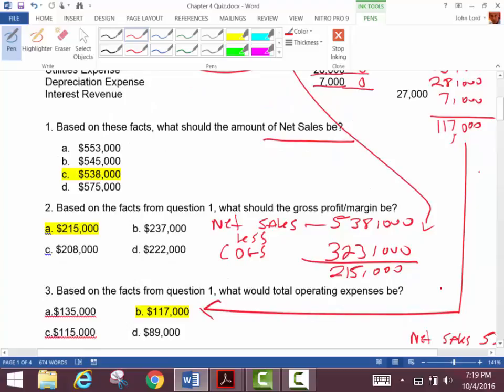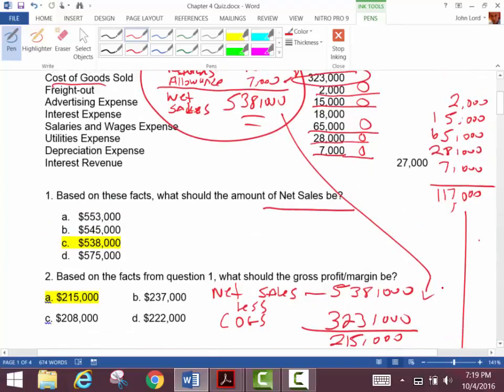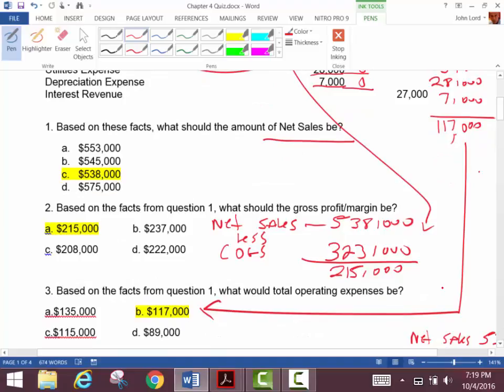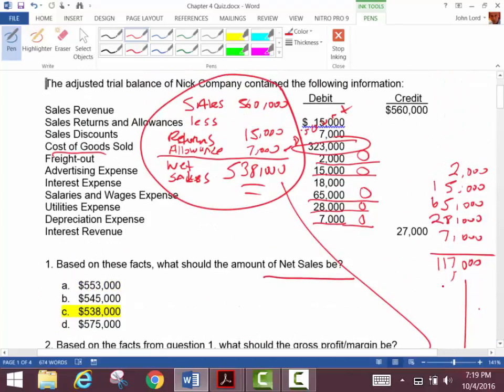Okay. Then I ask, based on the facts, which of those are going to be considered operating expenses? You just go back up to the list, and I put an O next to all the ones I consider operating expenses. For example, is freight out an operating expense? Yes, it is. How about advertising expense? Got to incur my advertising expense. How about interest? No, interest is non-operating unless I'm a bank. If I'm a bank, I'd consider it operating, but for a retail entity like this, no, I'm not going to pick that up. How about my salaries?